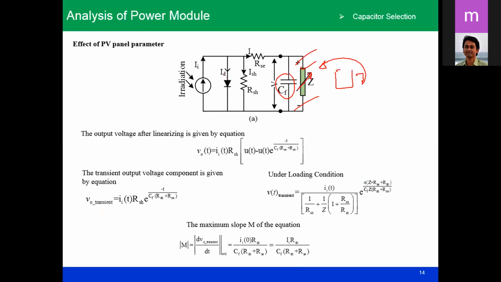Now, of course, it is a nonlinear circuit, and you know that there is an operating point. So if you fix this operating point here, and based on this operating point, you analyze the change of this capacitor voltage, what are the parameters? It depends. If you solve this equation, you can get this thing, where some portion is steady and some portion is exponentially decaying.